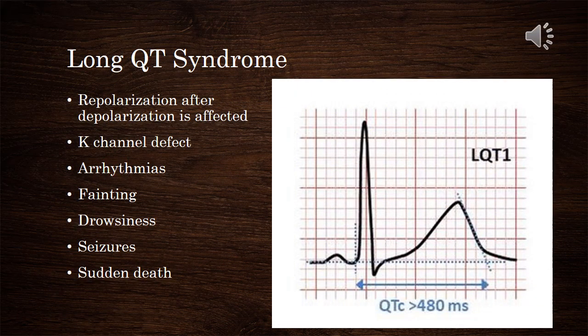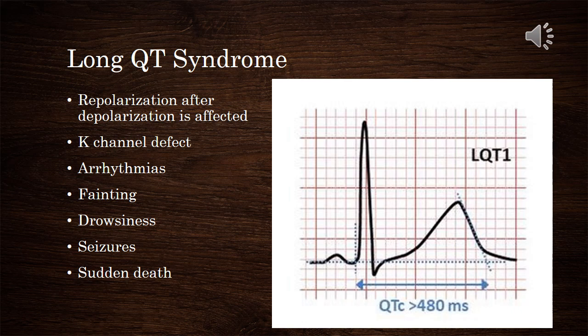Long QT syndrome is another syndrome which is associated with a problem or defect with the potassium channels in the heart. There are different types of this, and the major cause is genetic mutation, and even genetic mutations may be of different types. One of the most common affects the potassium channels, and when they are defective, there is a problem with the repolarization after the depolarization of the heart, and that can lead to arrhythmias, fainting, drowsiness, seizures, and even